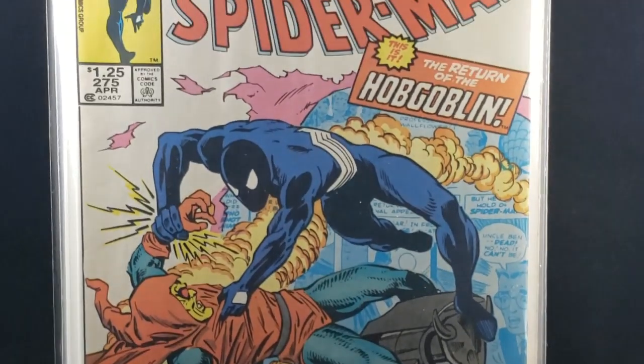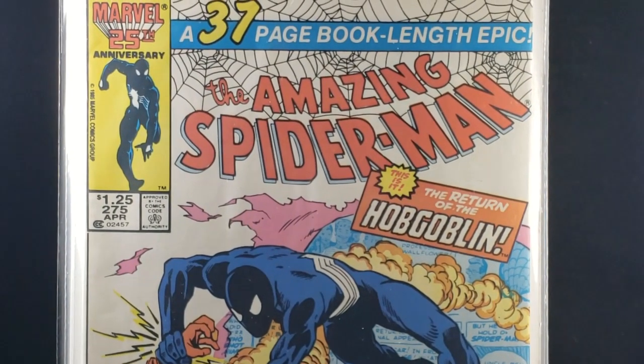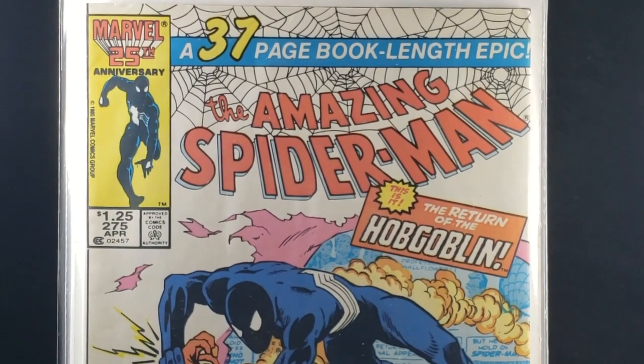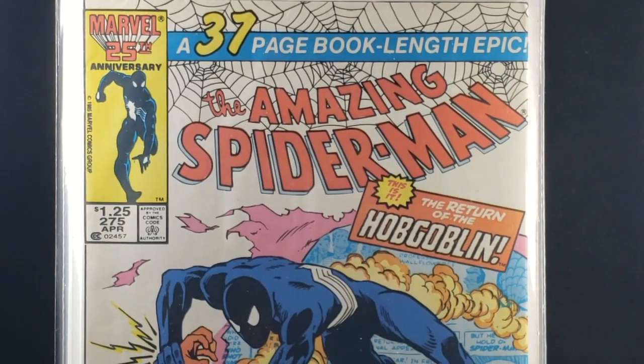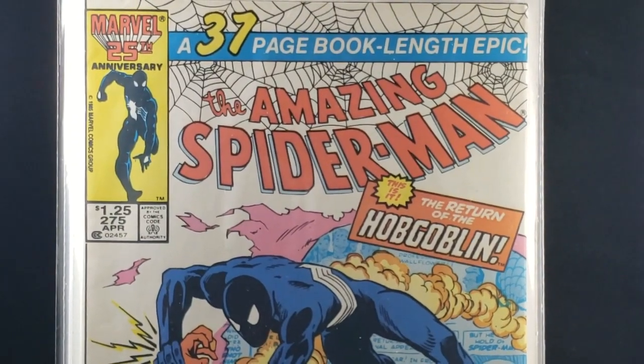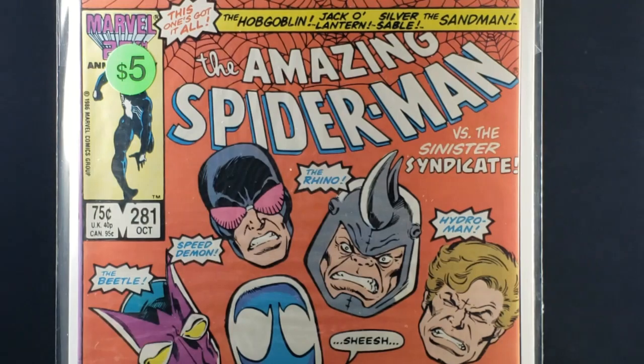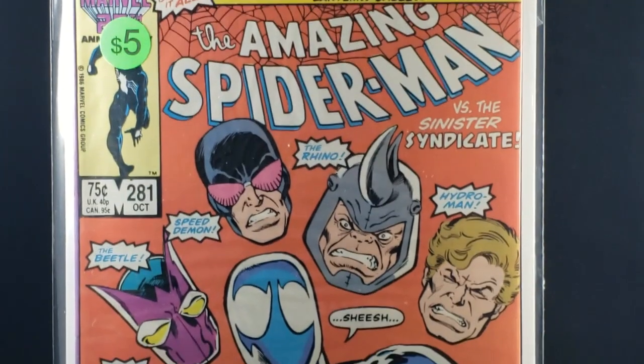Hobgoblin doesn't get enough love today. I know he has a new Hasbro Marvel Legend. Well, it's not new. It's a few years old now, but Hobgoblin doesn't get the love that he used to. Back in the 80s, Hobgoblin was really popular. This is from 1985. The 25th anniversary of Marvel. And here we see a very cool